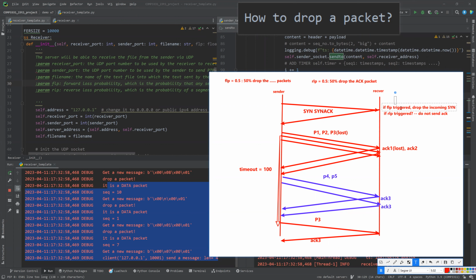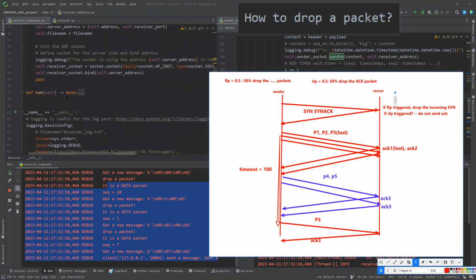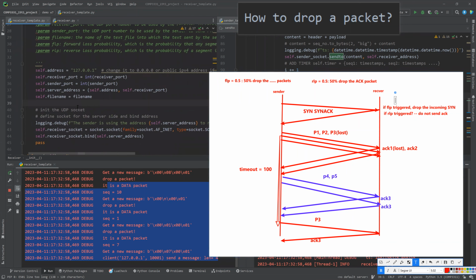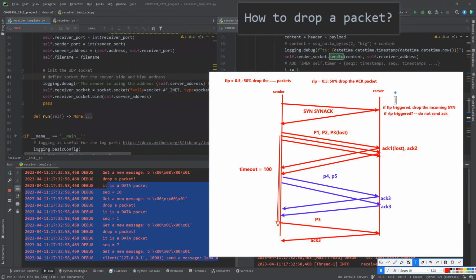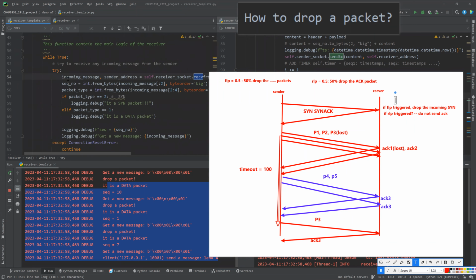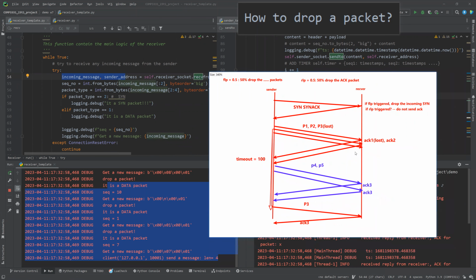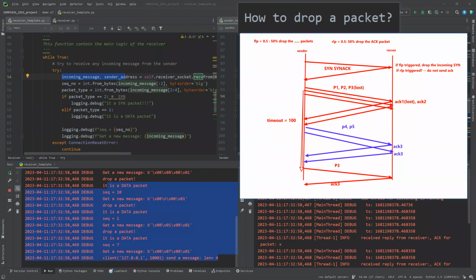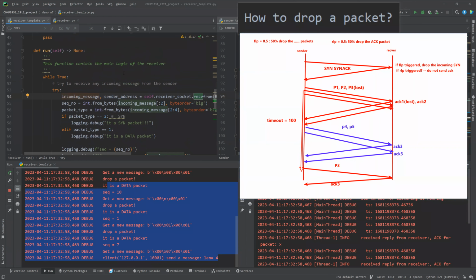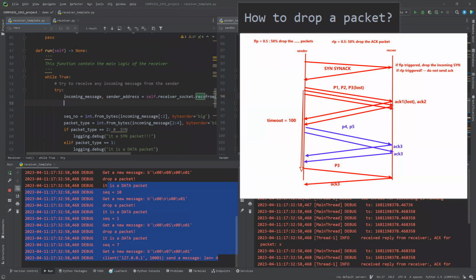So if the FLP is triggered, what should we do in the code? In the code, you can see where we receive the data, recvfrom. So you can find the code in here, right? If the receiver, this is the only code where we receive the message from the sender side. So what should we do? We need to add some code here. If FLP